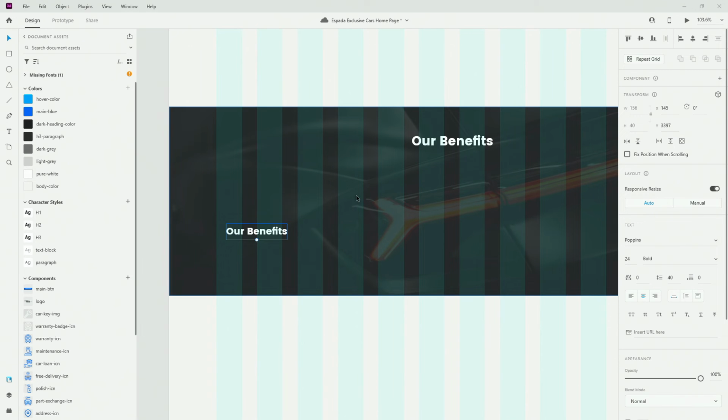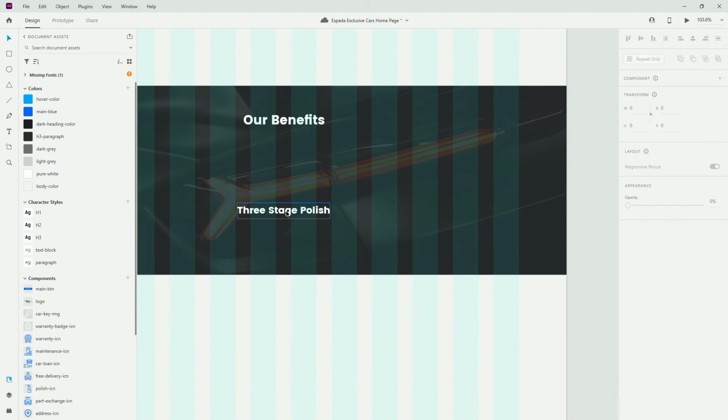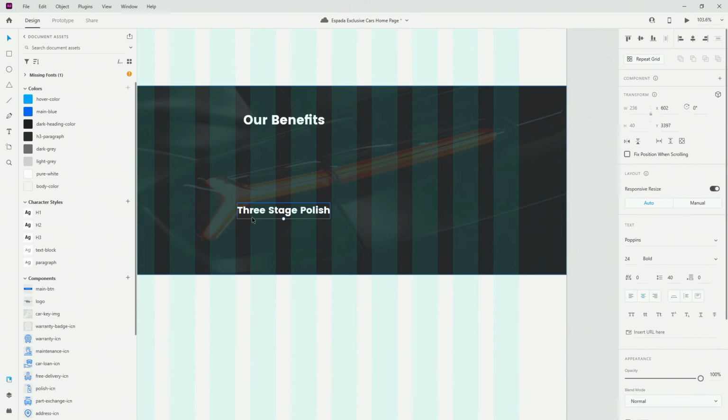So this first one is going to say free delivery. Control D, place it right here. This is going to be 3-stage polish. Make sure it's in the center. And then we're going to have another one. Oops, sorry. Control D. And then this one is going to say part exchange,